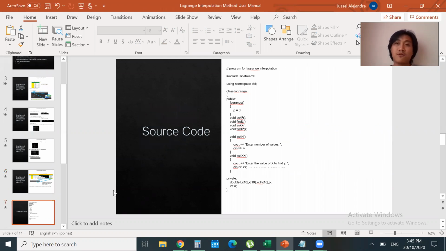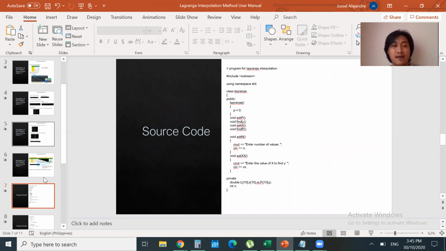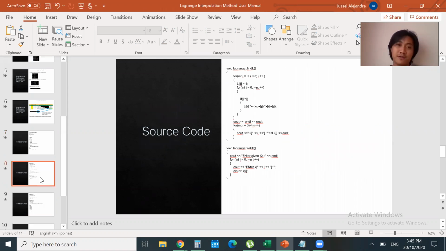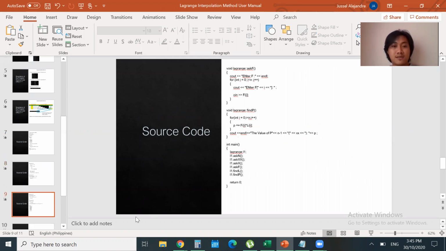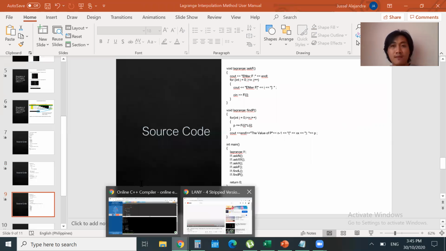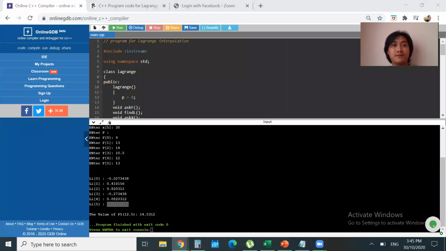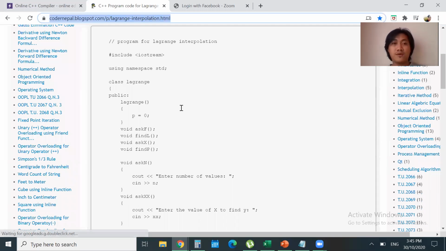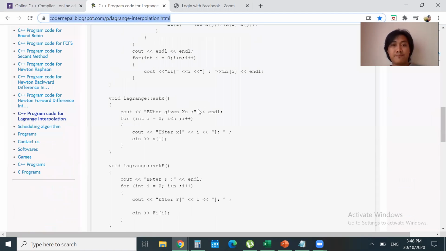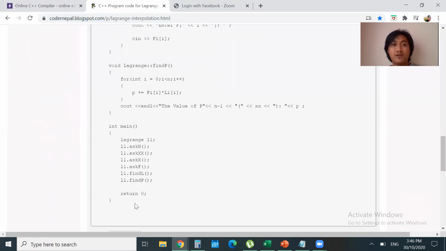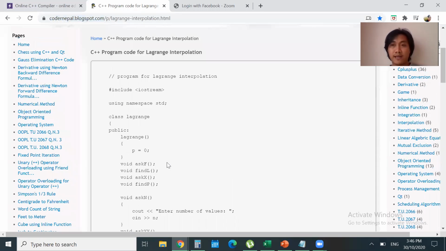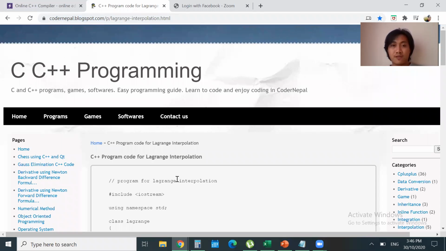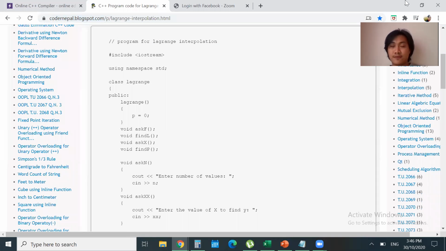So this is the source code. I searched for some codes on the internet, and I found this code on this website here, and I used this for this project.